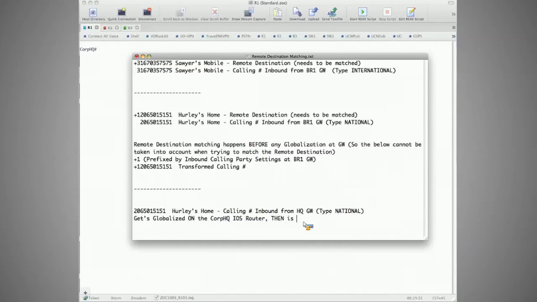Now let's say the router then forwards it to CCM, and so the way that CUCM sees this calling number come in